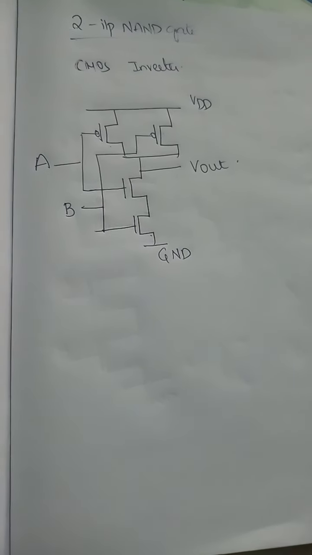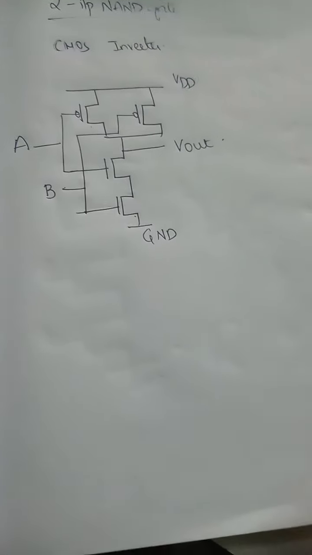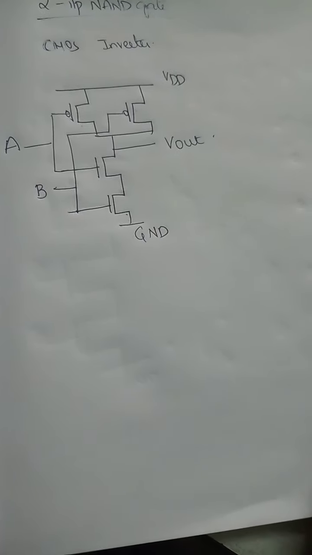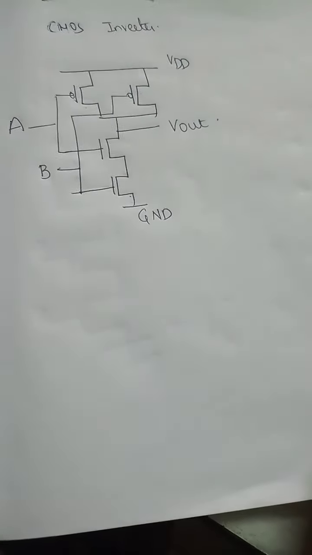The CMOS circuit consists of both P channel and N channel. For the N channel, if there are two inputs, the connection will be series. For the P channel, it will be a parallel connection. For a NAND gate, for PMOS, it is parallel. For NMOS, it is series. Okay. Now let us start with the stick diagram.